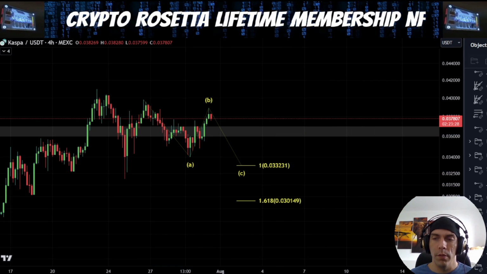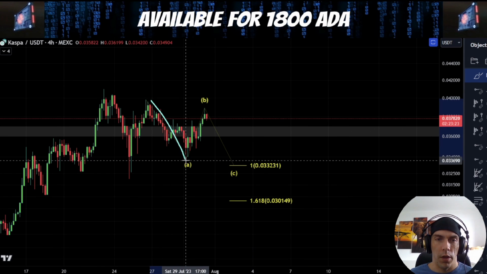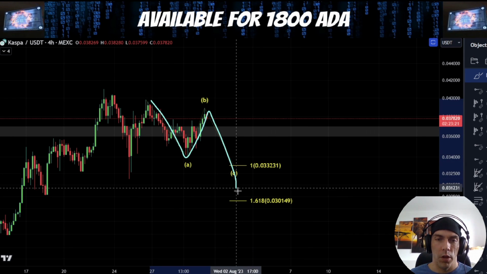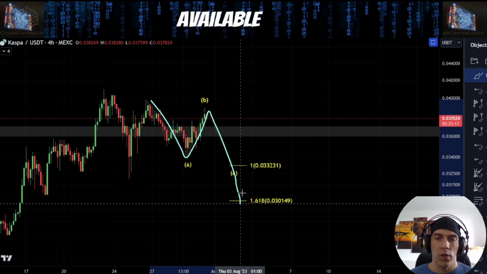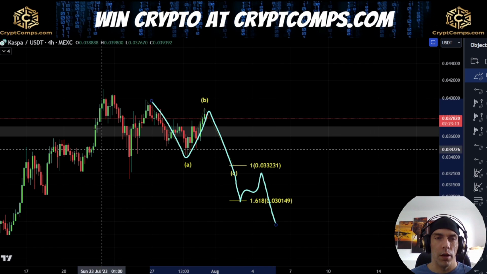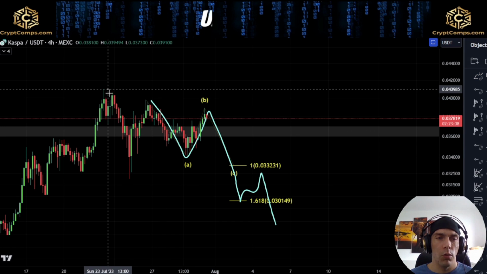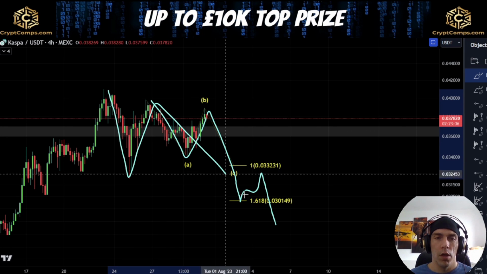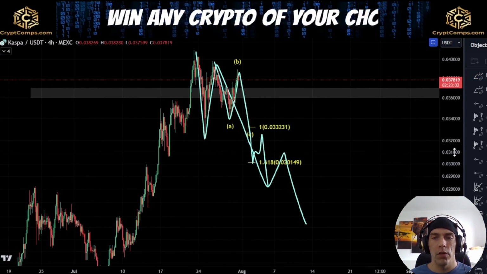Now, the problem that we have here is if we do see price actually come down here and we get this as A, B, and we get a C wave, which starts to push towards this 1618 level. If we cross this, we need to start being careful of that idea of a 4th and a 5th. If we do get something like that, potentially we could still argue that this is AB, but then I'd be very cautious that this isn't actually 1, 2. This all becomes 3, we get 4 and 5,